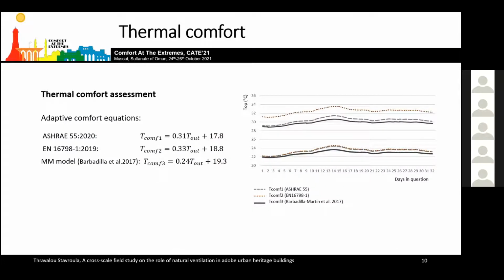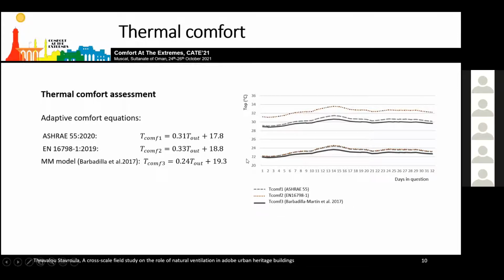3 adaptive thermal comfort standards applicable to mixed mode buildings were used comparatively for the assessment of thermal comfort. It is interesting to note here that the lower limit of the examined standards are similar, allowing for lower temperatures and nighttime ventilation. It is also evident that the comfort zone prescribed by the European comfort standard EN 16798 has a greater tolerance and allows for a greater peak indoor operative temperatures compared to ASHRAE 55 and the mixed